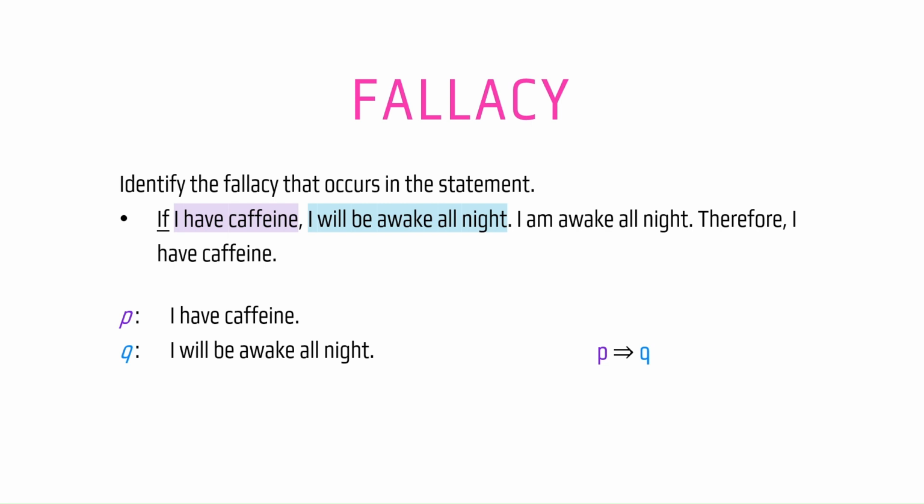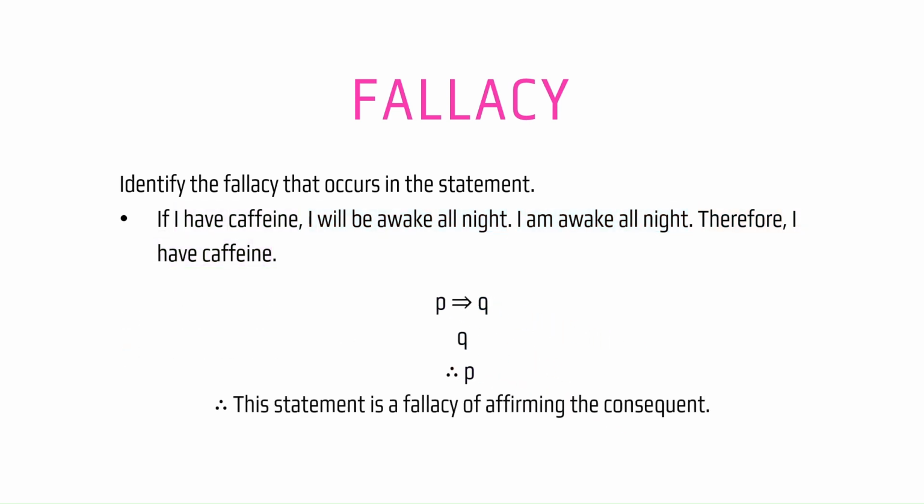In the second sentence, proposition Q is used in present tense form. Hence, we have our second hypothesis, Q. In the last sentence, the word therefore is used along with the proposition P. Hence, we have the conclusion, therefore P. As we look back to the forms of fallacies presented earlier, we can conclude that this statement is a fallacy